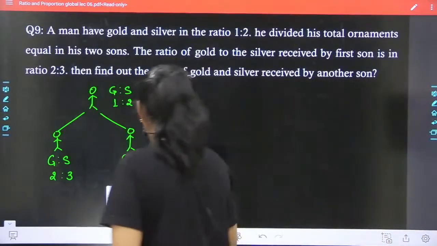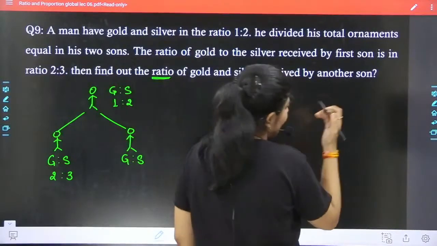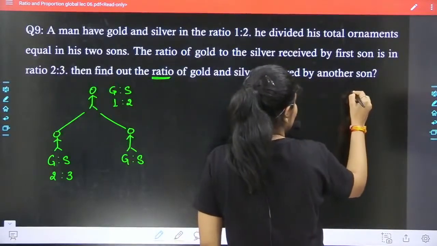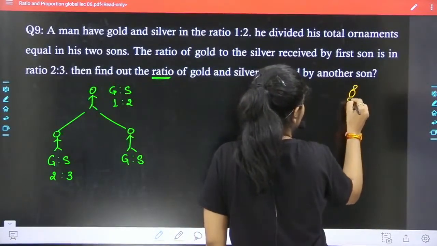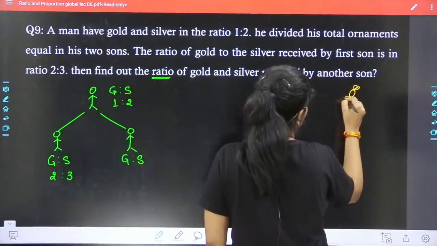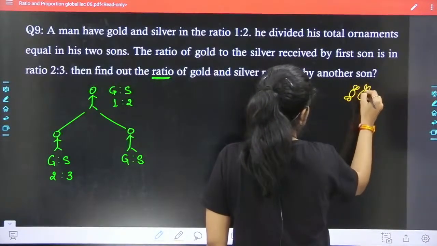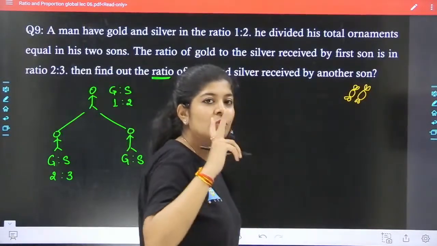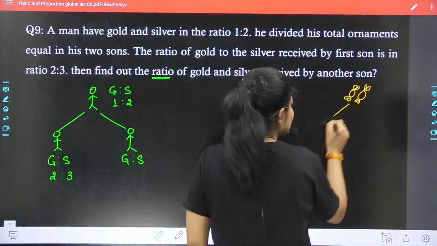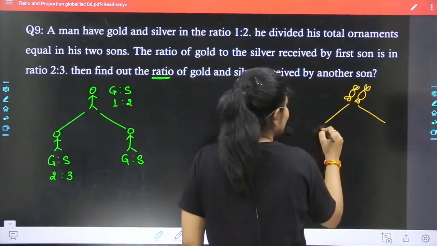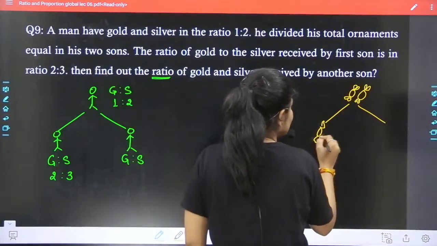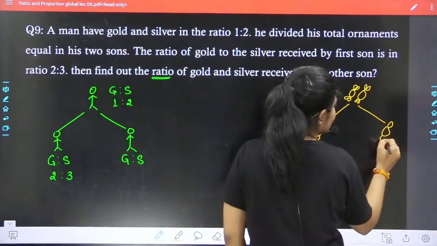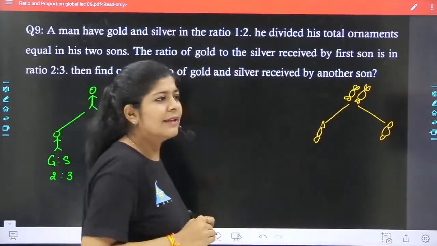Okay. Let's take one example. If I'm having two toffees and I have to divide these two toffees into two equal parts, what I did, I just simply divide this toffee as one in this region and one in this region, right? That means